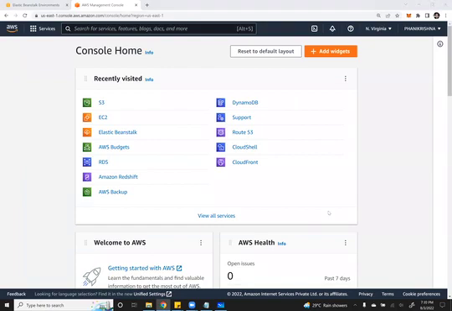Okay, if you got an invoice, probably you have used non-free tier services. If it is a small bill, ignore it and pay it, like if it's 50 rupees or less than 100 rupees. But if you got like 1,000 rupees or somewhere around that, then